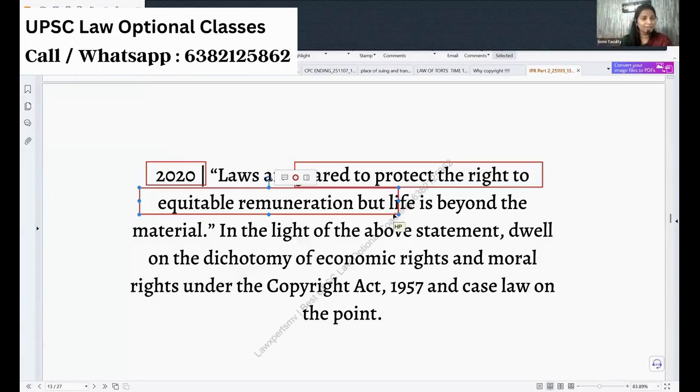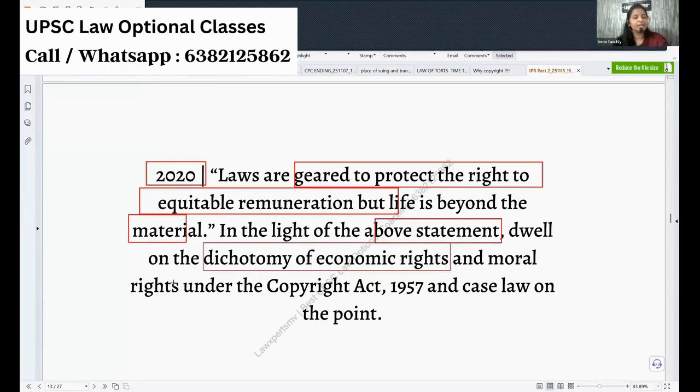You paid for that. You get paid for that. That's the first thing, it is beyond the material. Okay. In the light of the above statement, dwell on the dichotomy of economic rights and moral rights under the Copyright